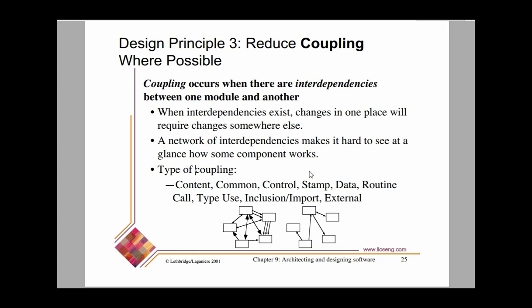Whenever there is interdependency between modules, if you want to change something at one place, you have to make changes somewhere else as well. Requiring changes in more than one place is quite problematic, since it is time consuming, it is tough to find the different places that need to be changed, and certainly it is likely to create errors. The second thing is that whenever a network of dependency exists, it is difficult to identify how a particular component is